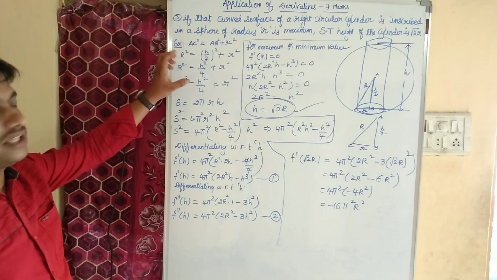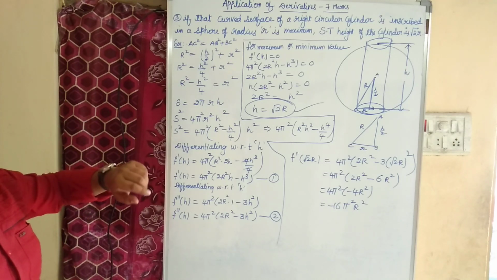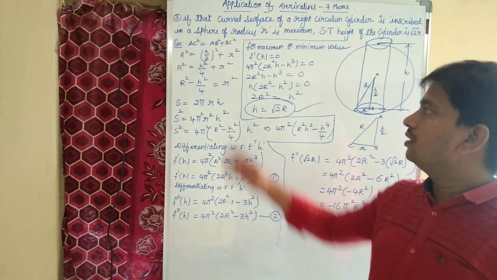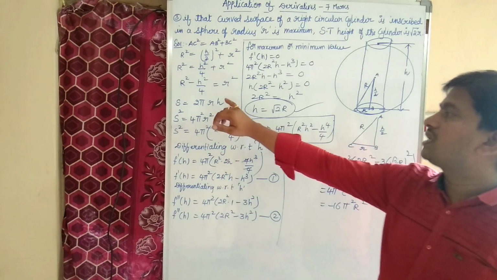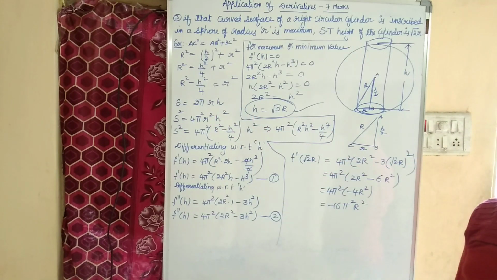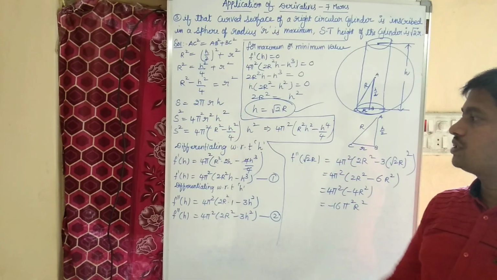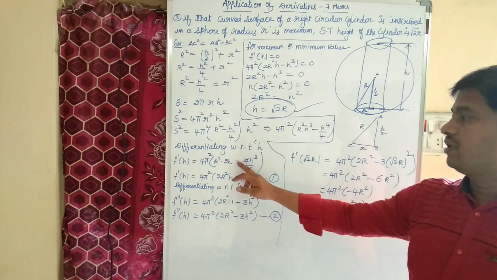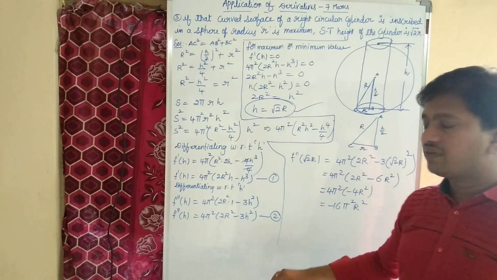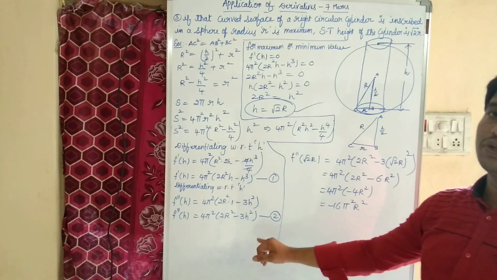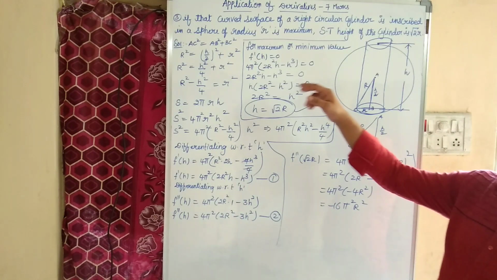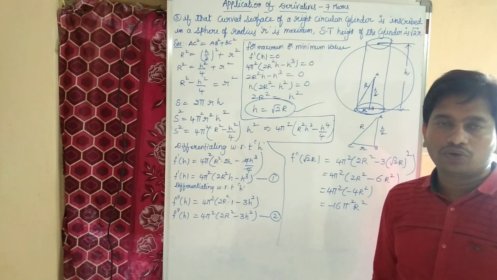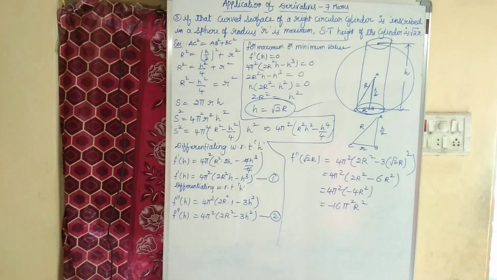You have to practice this sum twice or thrice, because we will get confused a lot. This you have to remember: surface area of cylinder S equals 2 pi RH. Then we did squaring on both sides, and then we substituted the R square value in this equation. Then we differentiated with respect to H, equation number 1, again differentiating with respect to H, equation number 2. For the maximum value, we need to equate f dash of H equal to 0, so we got H equal to root 2R. Yes children?